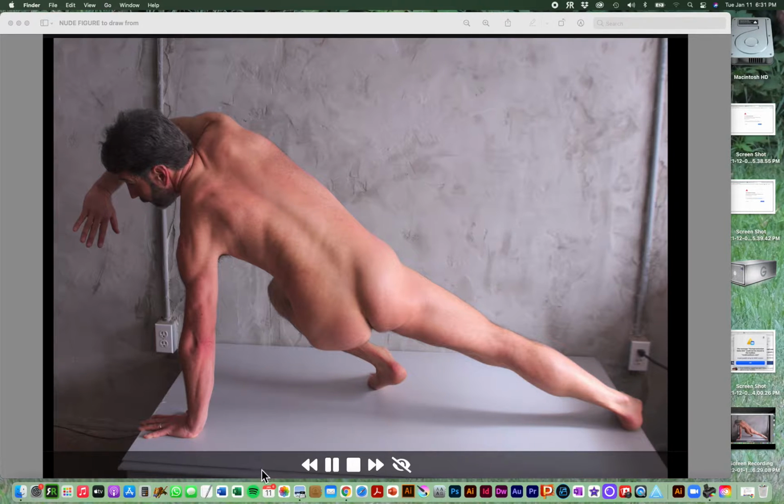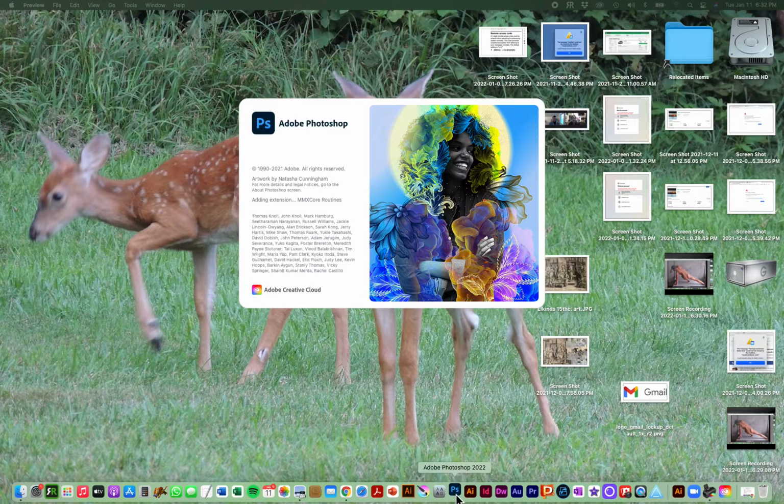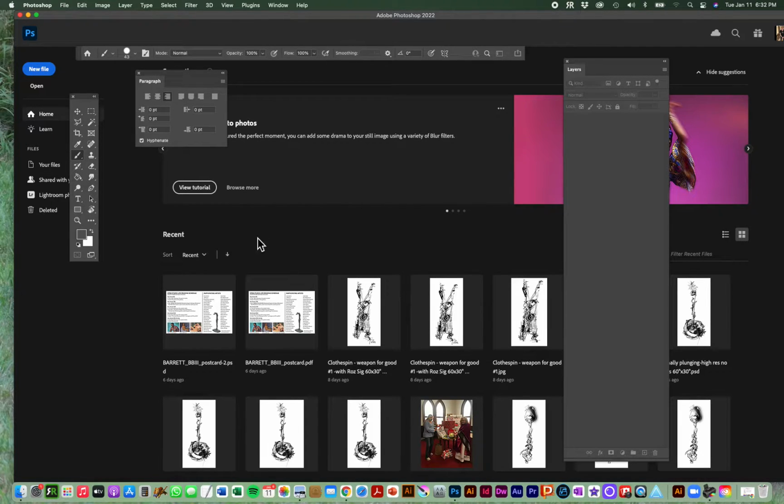I just want you to see the model I've chosen to draw from on my screen. Now I'm going to just move this over to another screen, and yes, you're going to see some deer in the background now of this screen. And I'm going to take you through the process just as if you were setting up your canvas. I'm going to use Photoshop. I've moved the model over to another screen so I can look at it. I'm going to open Photoshop. This would be like you're getting your charcoal out, you got your canvas, you're getting your paper ready,